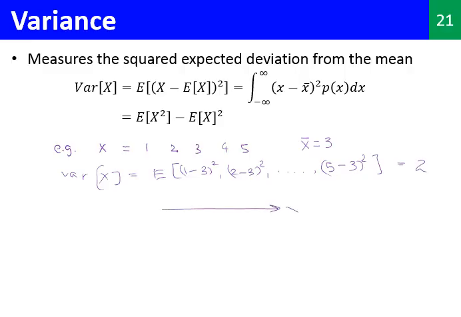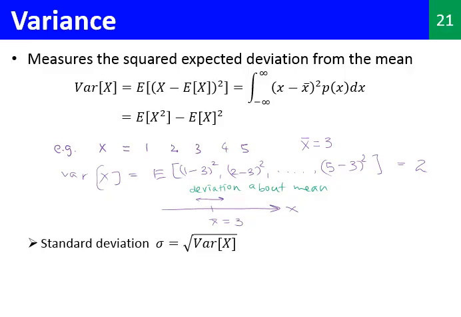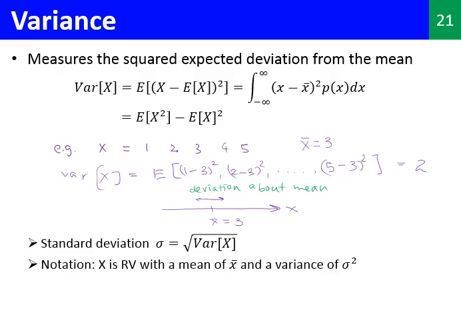So we have the random variable x, and there is a certain mean, and the values are deviating about this mean with a variance of 2. So this is the deviation about mean. Okay, the standard deviation is the square root of the variance, and we use the notation x bar and sigma squared to represent a random variable x with mean x bar and variance sigma squared. Okay,